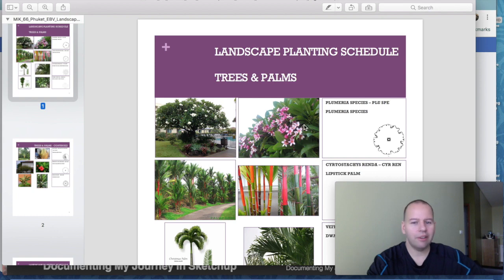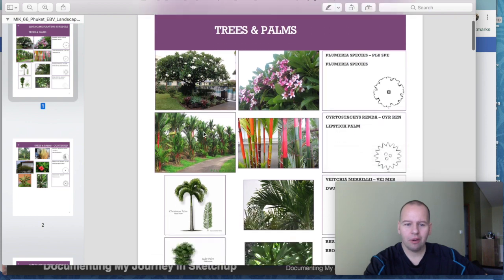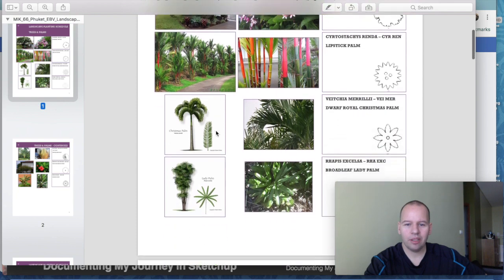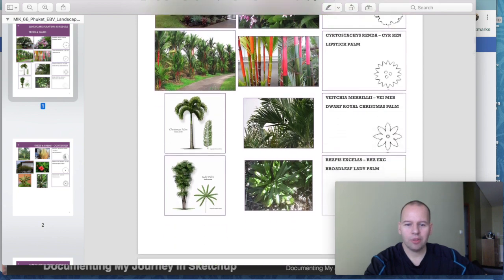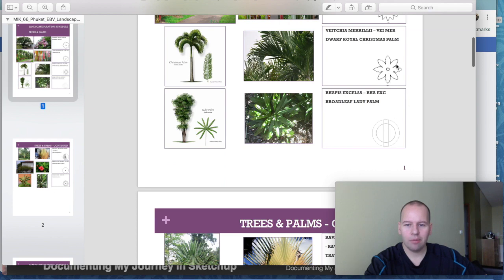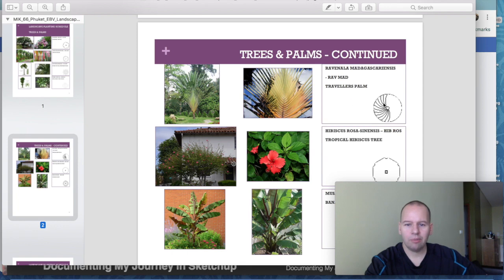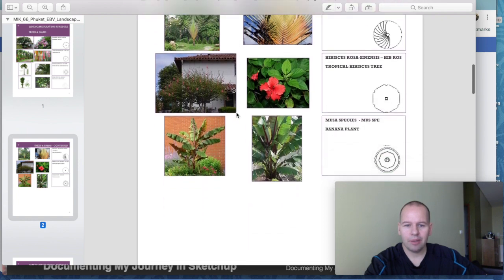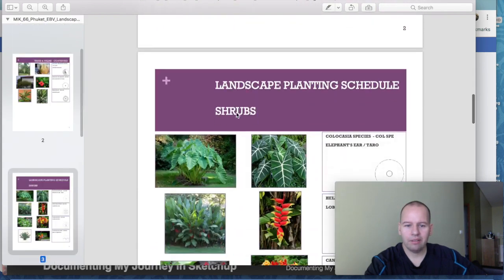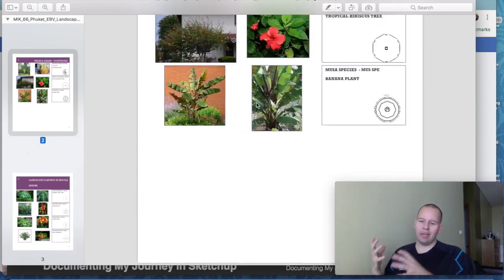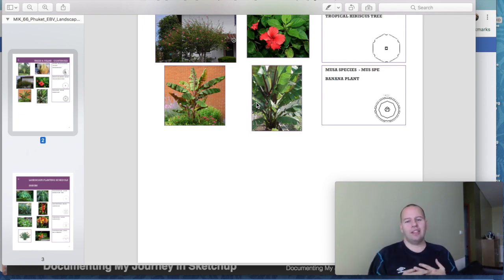The plumeria, very, very common here, grows well here. Lipstick palm, quite an expensive plant, but beautiful. Like if you put it in the right spot, very beautiful place. We had some Christmas palms as well, lady palms. Of course, all these symbols go back to the other project I just showed you. Some traveler palm. And I had to make all these custom too. I had to make all these symbols custom. Hibiscus trees, banana plant, right? There's like lots of types of bananas, and most people think of the yellow big banana, but there's so many different varieties, and it's cool.